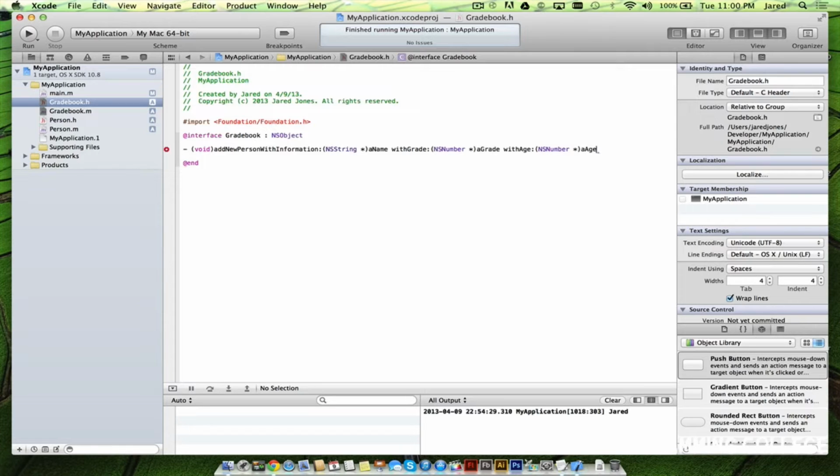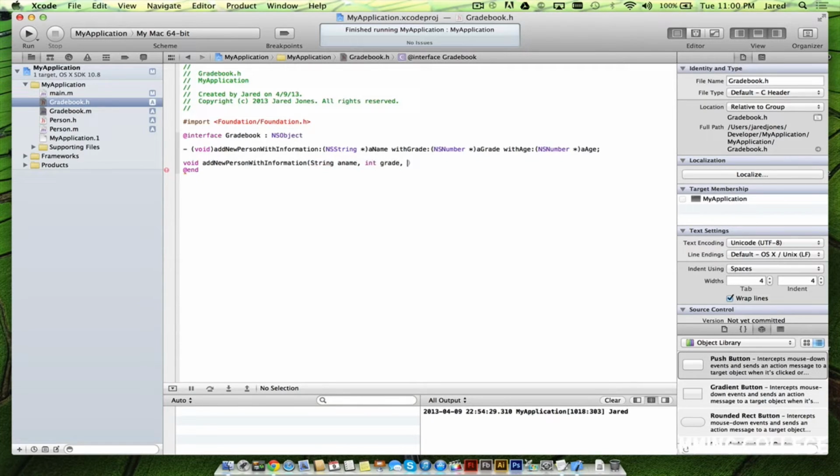I don't think that's right. I think it's an age, but you know what? Keep it simple. All right, so let's go over what this is, because most of you are used to having something like void add new person with information, string, a name, and then you would go comma,